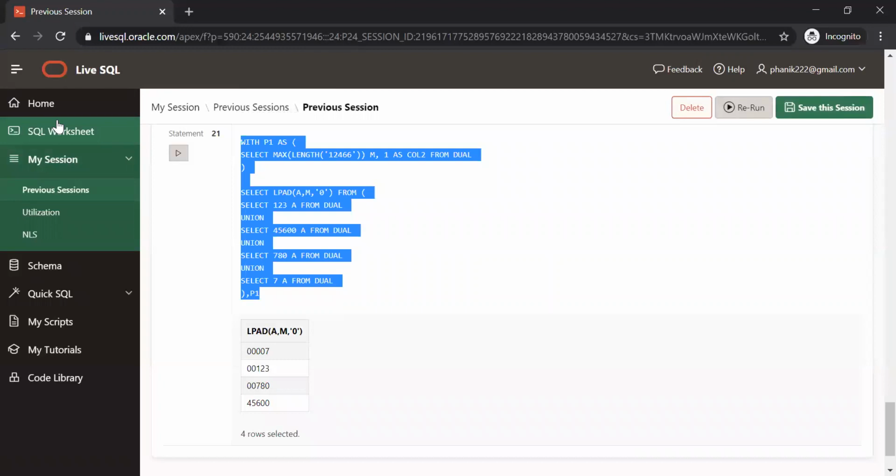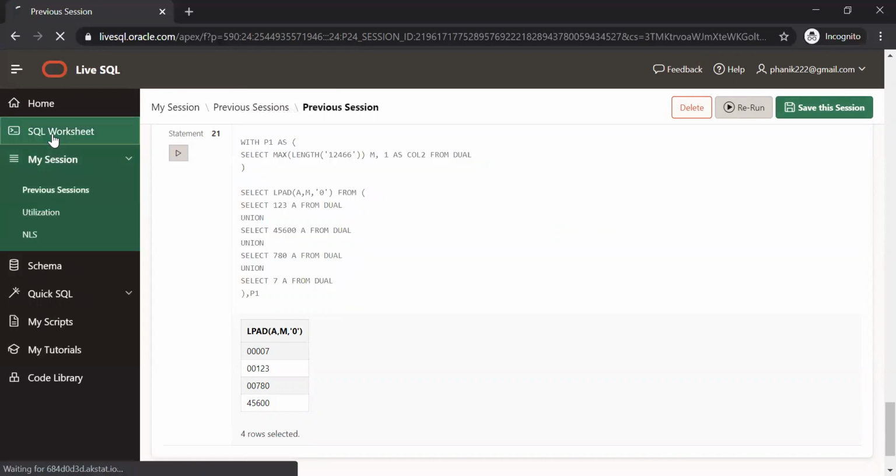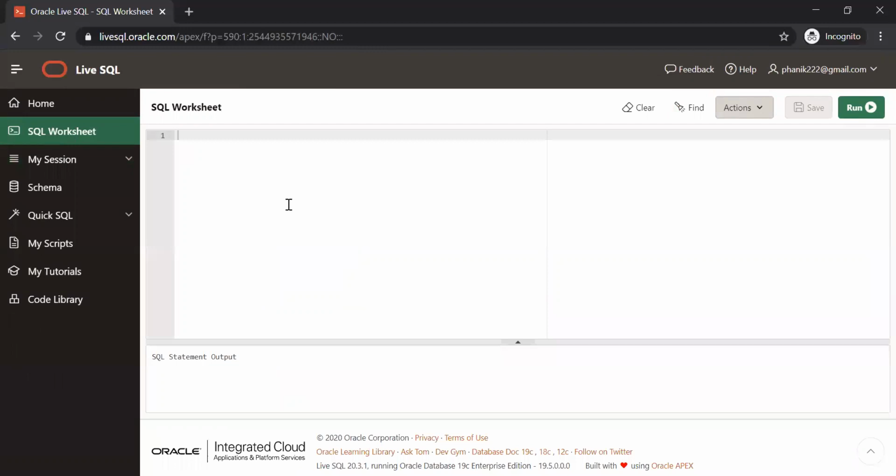Even if you do something, you need to store it in some place, sort of. Here I need not do anything. I just need to save that particular session. So I'm going to this worksheet. Let me run something. I can hit run. It shows the output here, and I can download the output also. It is as simple as what I showed you yesterday, right? It is similar to that one.